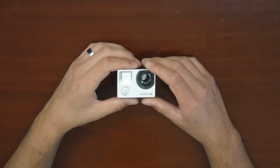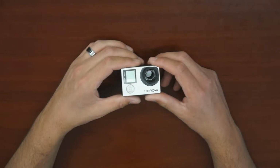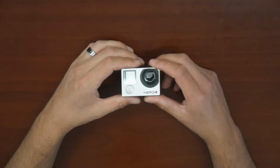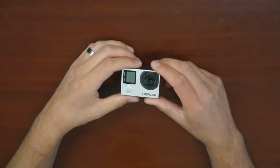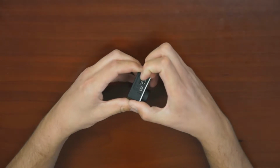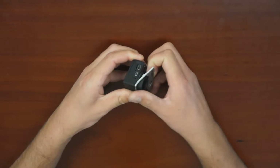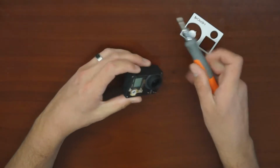In our other video, we showed you how to install the SuperMount into the GoPro Hero camera, and today we're going to show you how to install a SuperMount filter in between the sensor and the SuperMount. So we're going to take the faceplate off, undo all the screws,